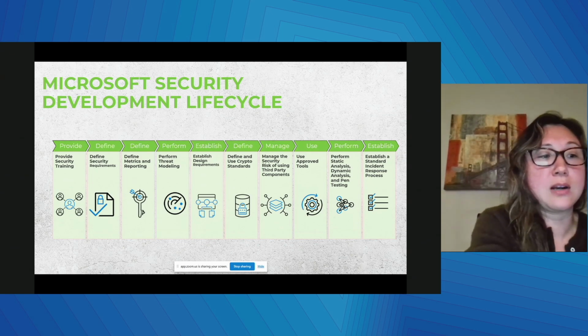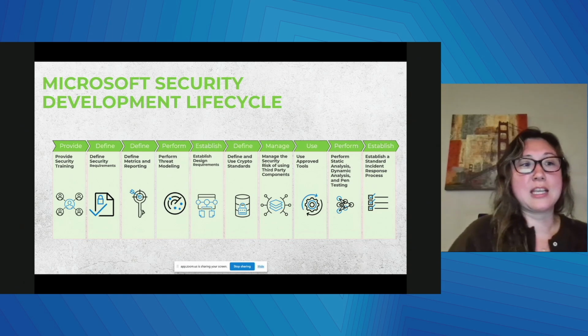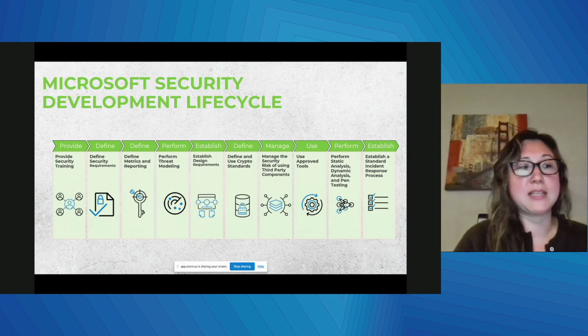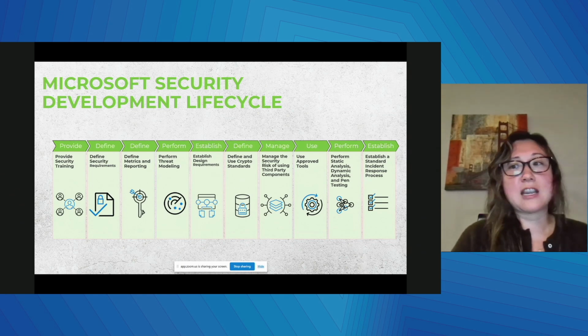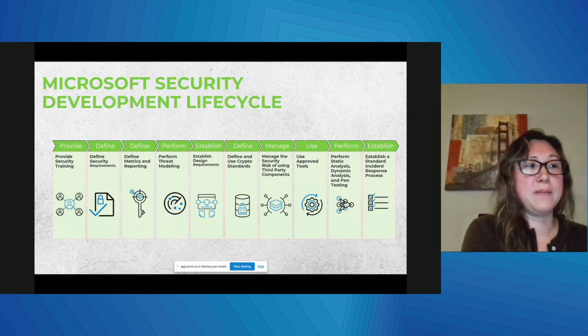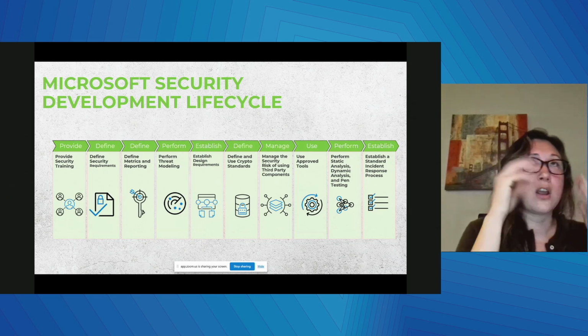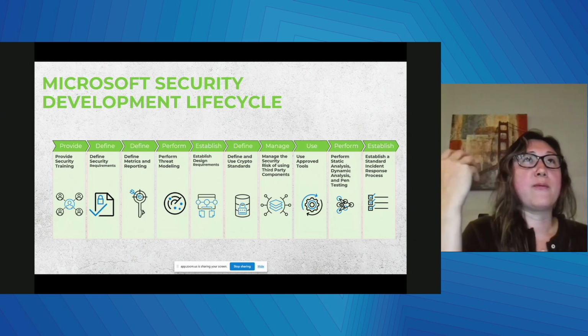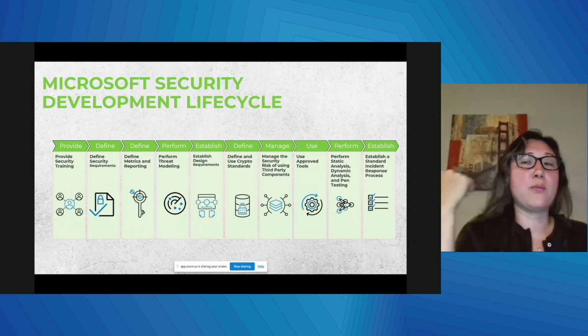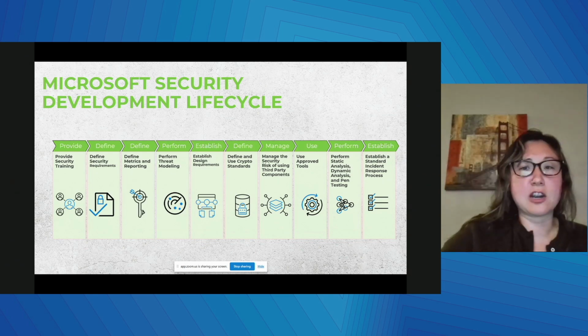But the list goes on around some of the things that we want folks to do and use: OSS scanning, SBOMs, which is another big thing that's happening, and dependency scanning. And last but not least, establish a standard incident response process, just making sure that we understand what we're going to do, both in the operational phase and when incidents occur.